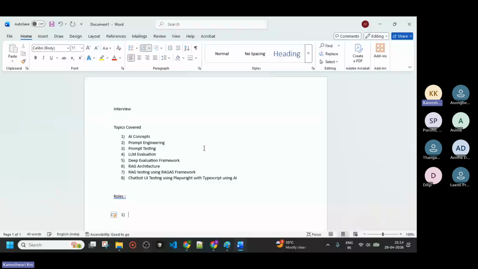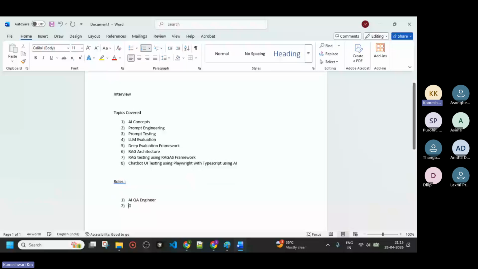So the first thing is AI QA engineering. If you have learned all these things, you are eligible for this. What are the eligible roles we can see? Gen AI test engineer. Because if you understand the concepts of AI and prompt engineering, Gen AI is nothing but prompt engineering itself. We are generating text, images, and audio. We are generating the data exactly how we want by using prompting. So that comes under Gen AI test engineering.